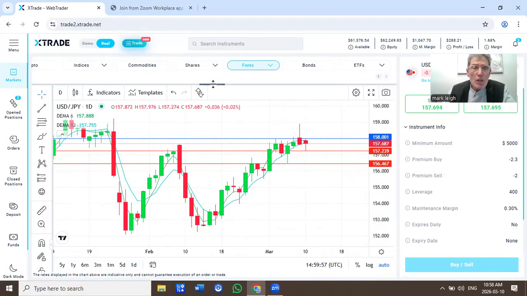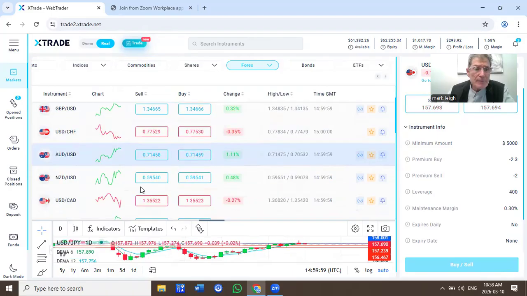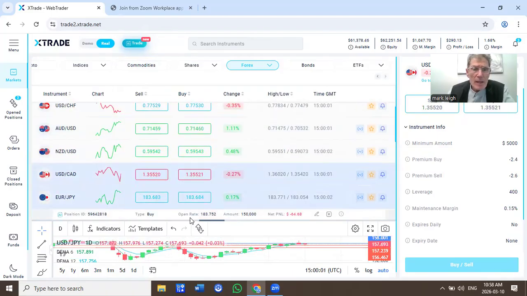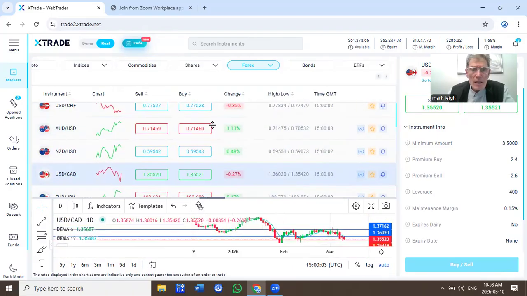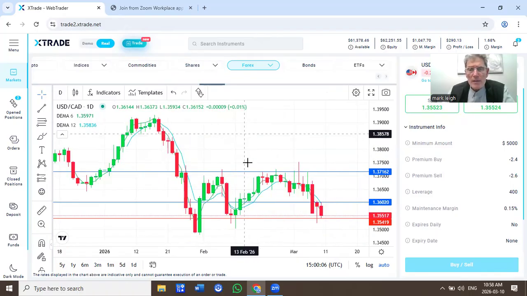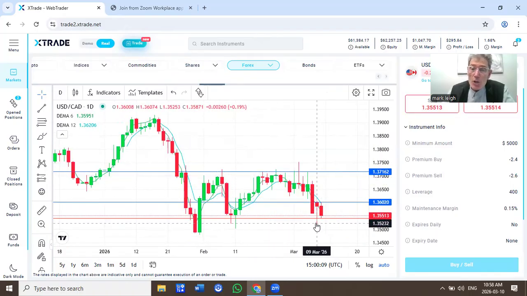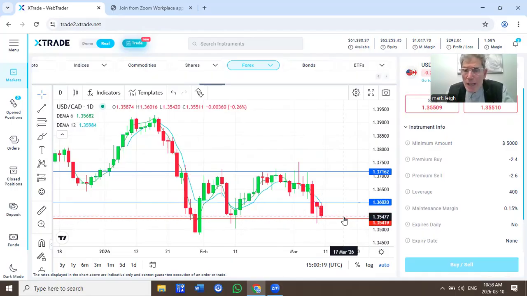And then the US dollar against the Canadian. Strong Canadian again. Yesterday, US dollar did fight back all the way. You see that wick. Today, so far, US dollar hasn't fought back against the strong Canadian. I've got resistance at 136.02. I've got support at